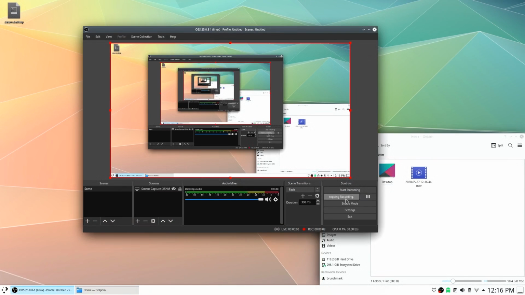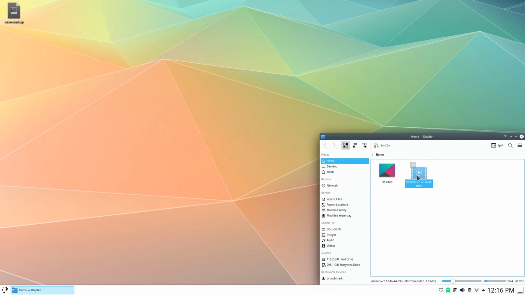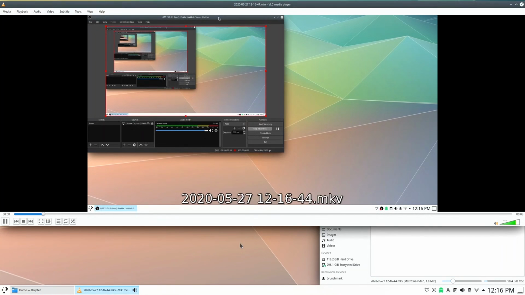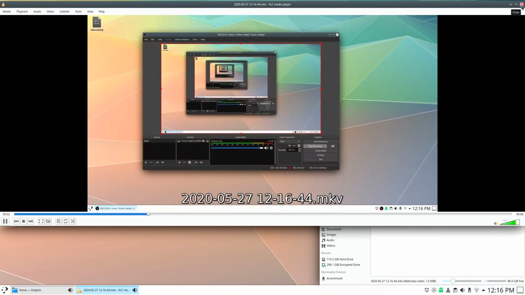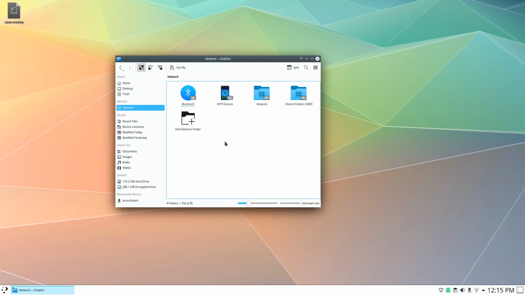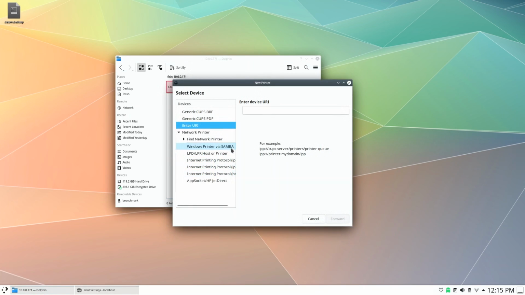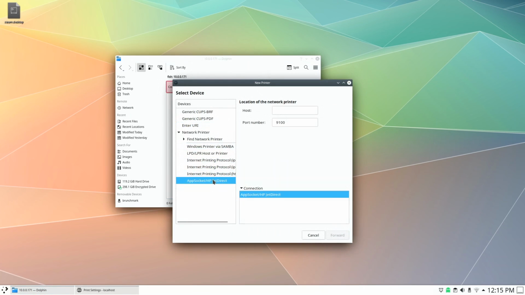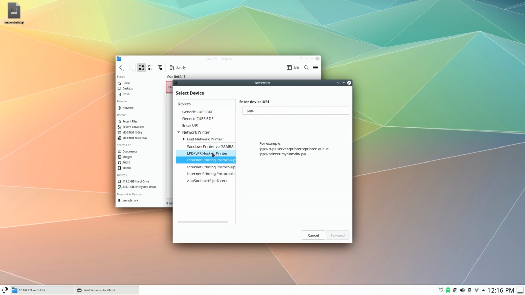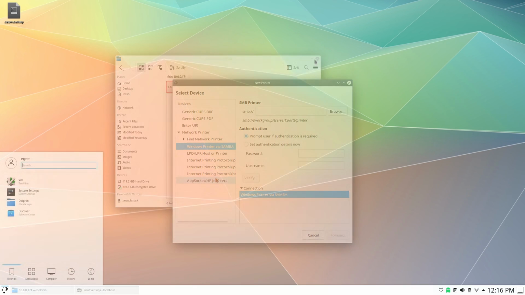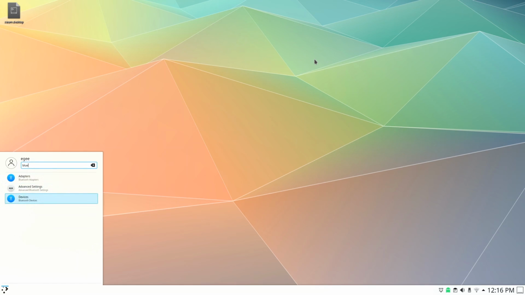I installed Steam and OBS through Octopi, and recording with OBS worked just fine right out of the box without any issues whatsoever. So networking didn't work at all. No Samba, no DLNA, and not even SSH or fish support from Dolphin. I enabled printer support from the installer, but since the HP stuff isn't installed, there's no auto detection or drivers. Bluetooth also didn't work because there weren't any drivers